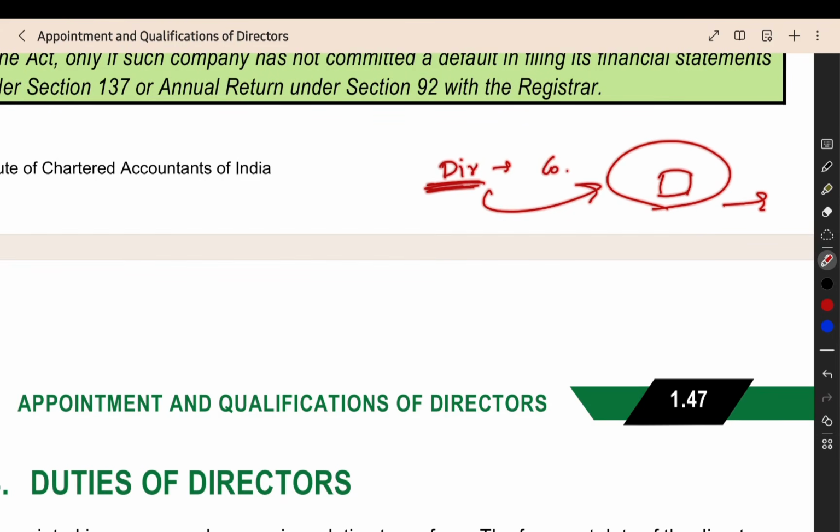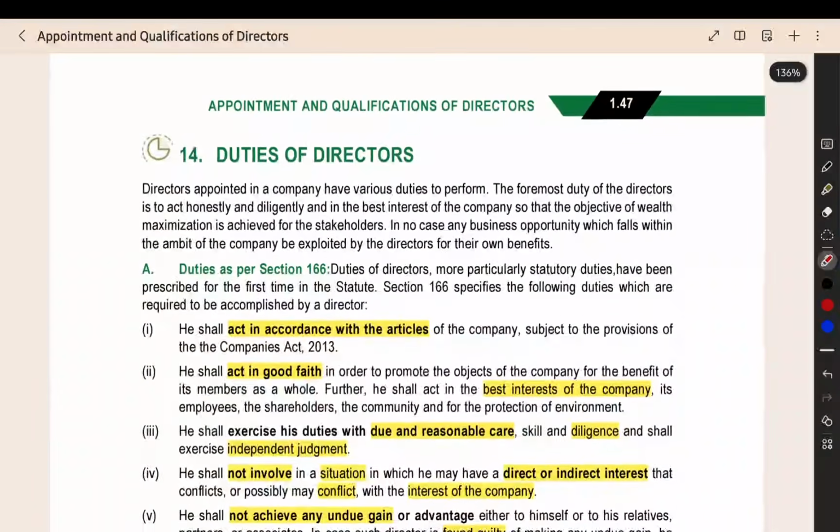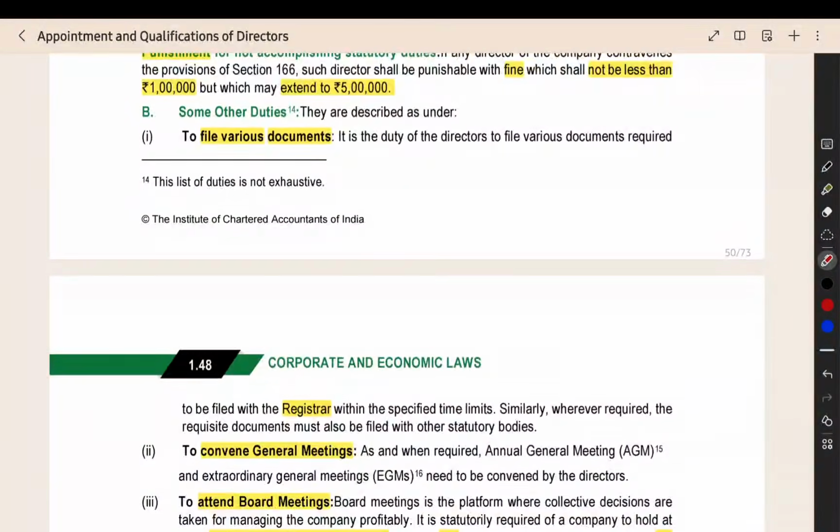Or I am assigning this position to this person, like I am transferring it. From now on, I will not be the director, this person will be the director. Like that, you cannot assign the position. You have to get the shareholder approval, and for that, a separate approval should be followed. You cannot directly assign your particular office.